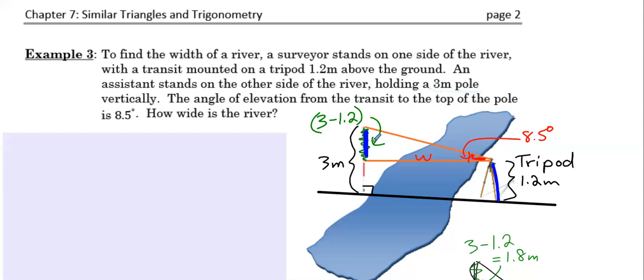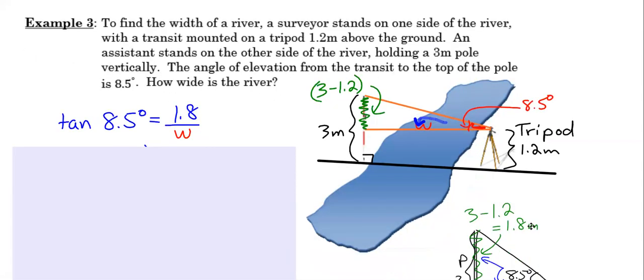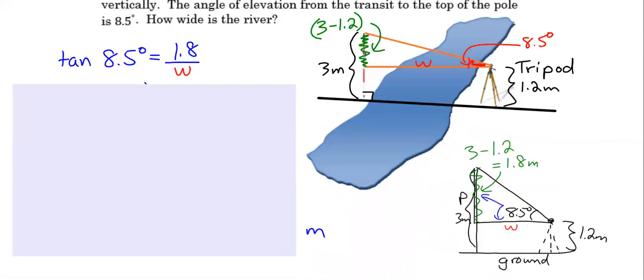Okay, and that's important to get that measurement because then I can use that opposite side, and I'm looking to find the adjacent side. So opposite and adjacent is the tangent ratio, right? Okay. So this diagram that you see down below over here, this is probably the more typical